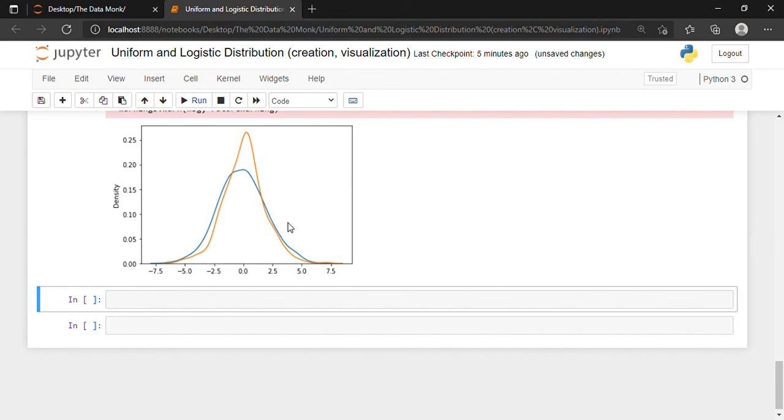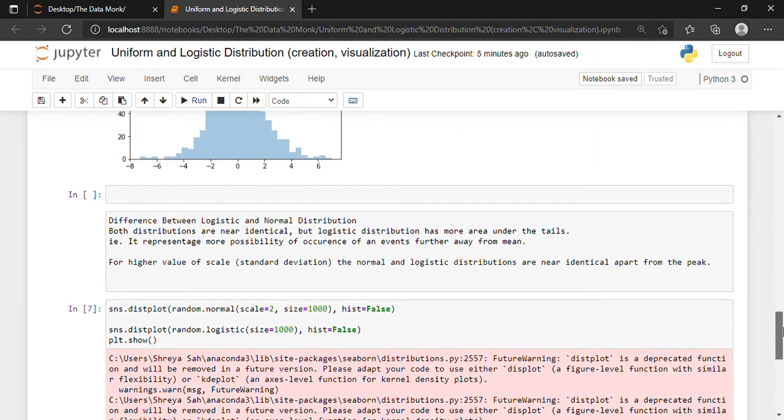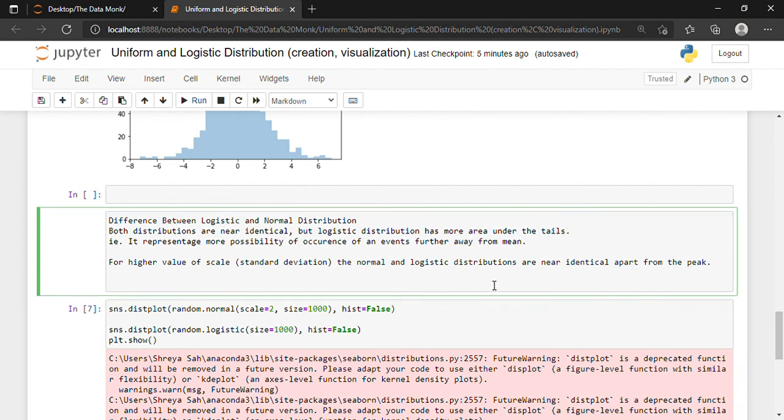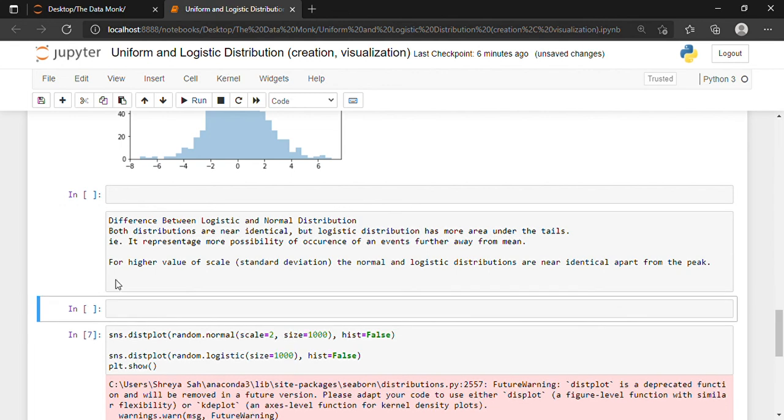All right, so we will add a comment line over here so it becomes easier for you to understand. If I want to insert a cell in between these two cells, I'll click on this blank part and then press B. So one cell is inserted below this cell, and I want to make this a markdown cell.